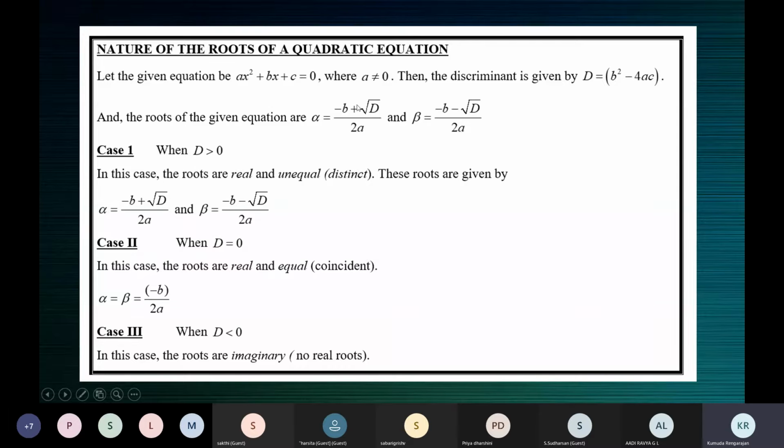because, as we understood, if it is root 4 here, it'll be plus 2 and minus 2, which will give you two different values. Alpha and beta will be two different values. They'll not be the same value. Maybe they can be same in magnitude, but they will at least have opposite signs. Maybe it's 5 and minus 5. But they cannot be exactly the same value.